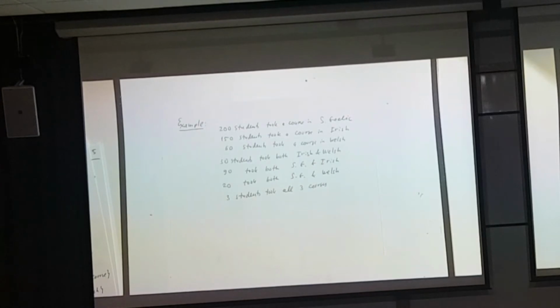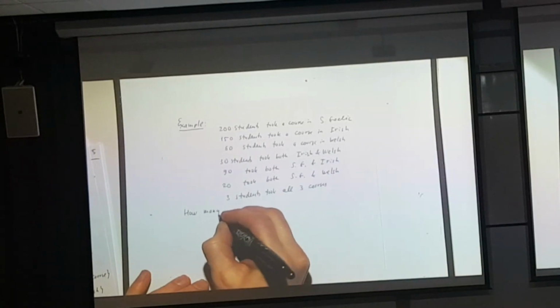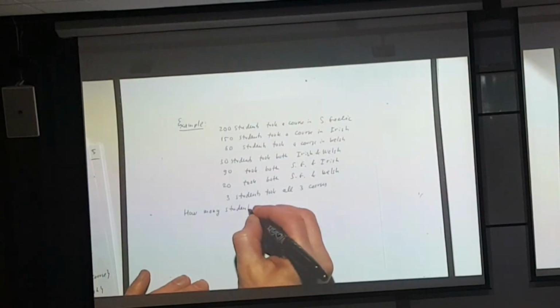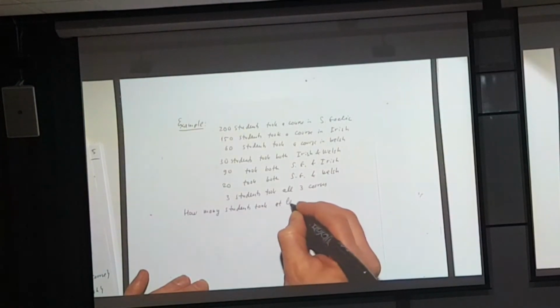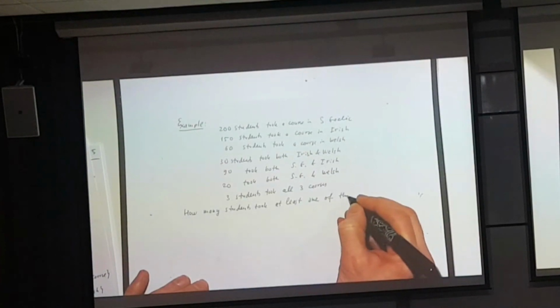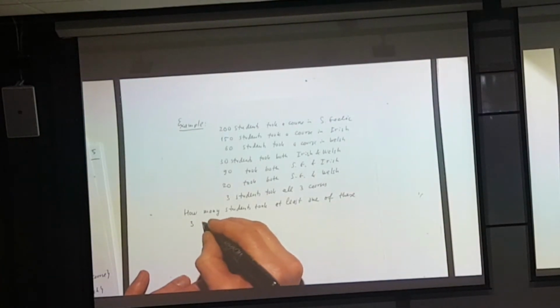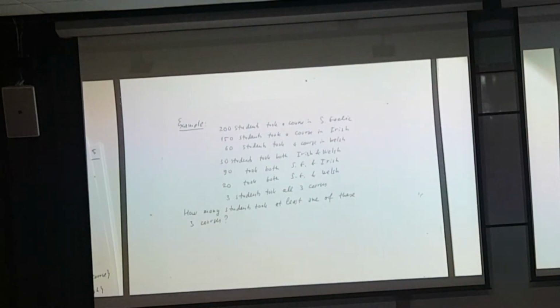How many students have taken at least one of these 3 language courses? How many students took at least one of these 3 courses? Question mark. Okay, so this is some data given about